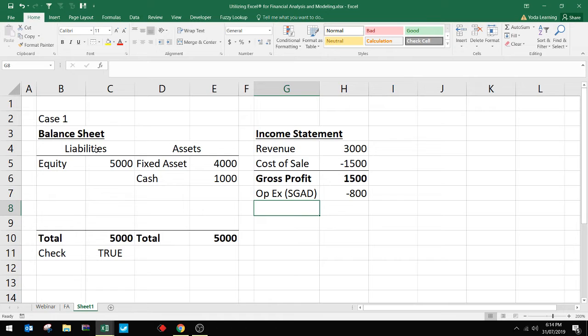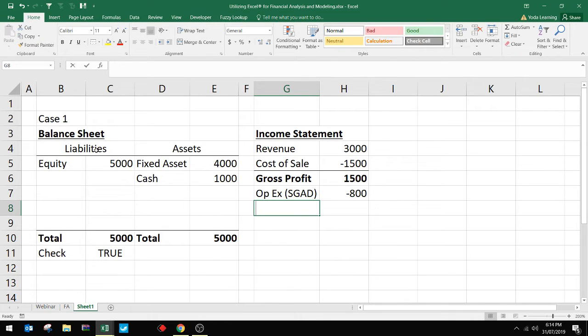Now let's continue with the flow of our income statement. Since we have determined that our operating expenses are selling, general, so what is your SG&A? You can have examples of rent, you can have examples of utility, you can also have examples of depreciation. And the moment you subtract these expenses from your gross profit, you arrive at EBIT, earnings before interest and tax,